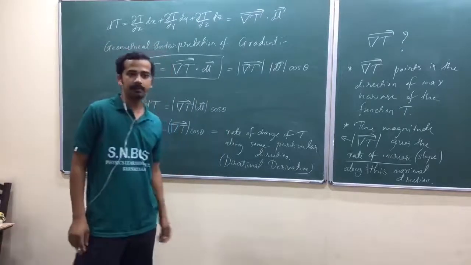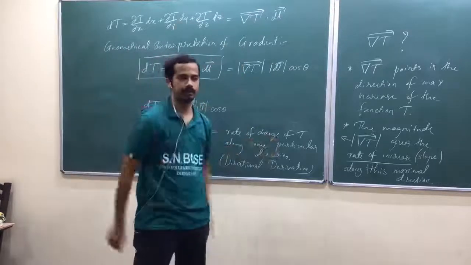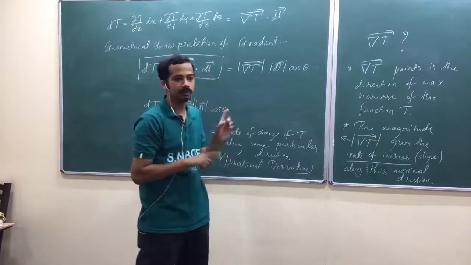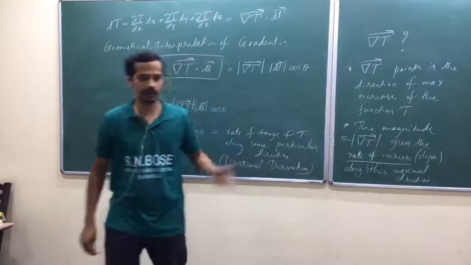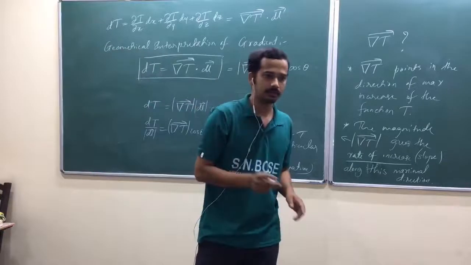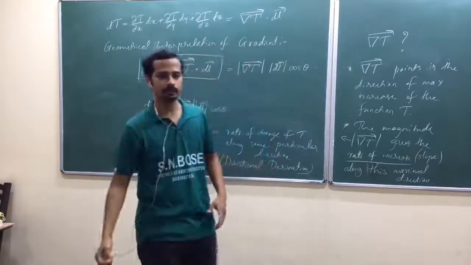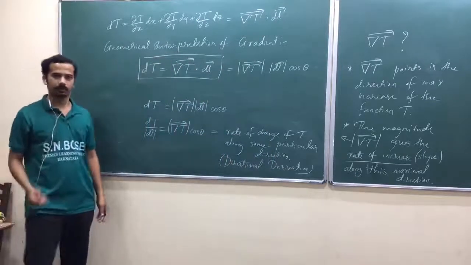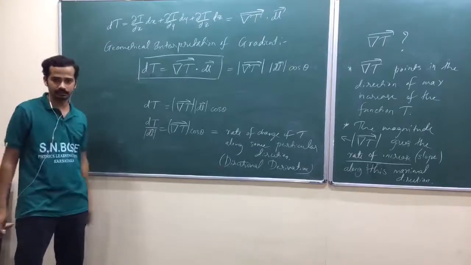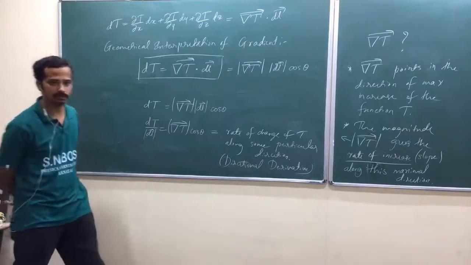That's what happens when you have a fire at the center of a spherical surface. Suppose you move on the spherical surface, then obviously your gradient direction is radially outward. Let me try to interpret. When you move along the theta or phi direction, theta and phi are perpendicular to your r cap. You have to go for spherical polar coordinates to interpret that one. So when you move along theta cap or phi cap, obviously the change in the gradient direction is zero. Let me interpret that when theta equals 90 degrees.